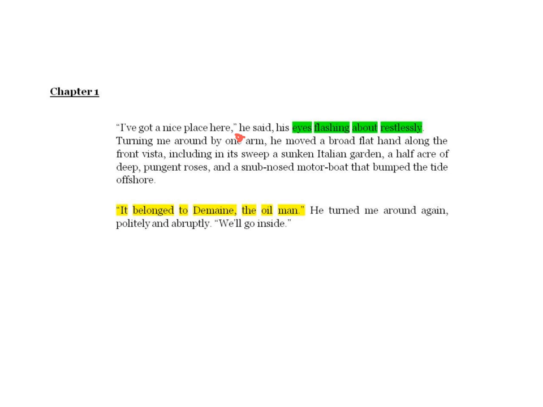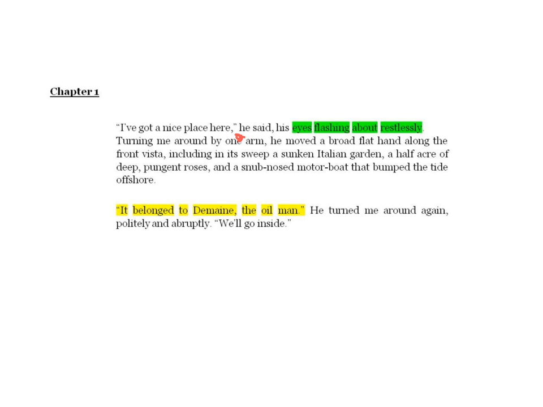Maybe it's shallow and superficial of me, but I don't know about you, just for once, one of my 50 things to do before I die, I would like to stand in a half acre of deep, pungent, strong-scented roses, just to say I have. It's not high up there on my list of things, but look at the wealth the Buchanans have. A half acre of roses? My goodness, we're talking serious wealth here.